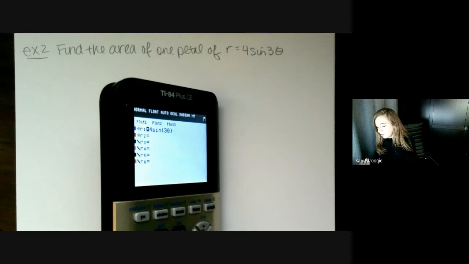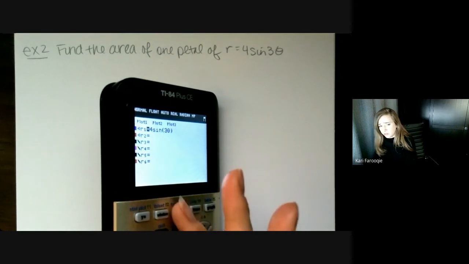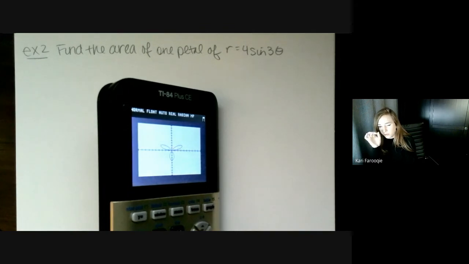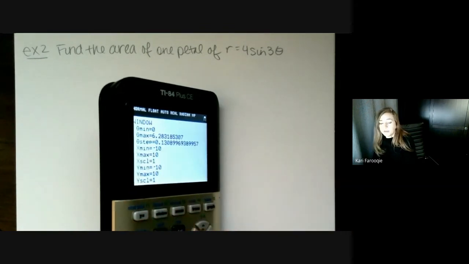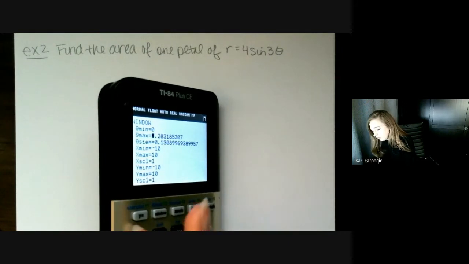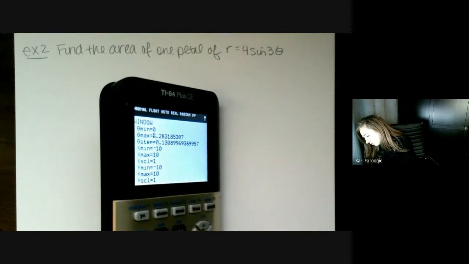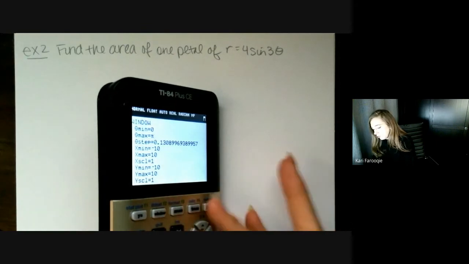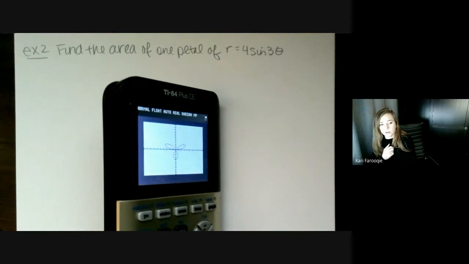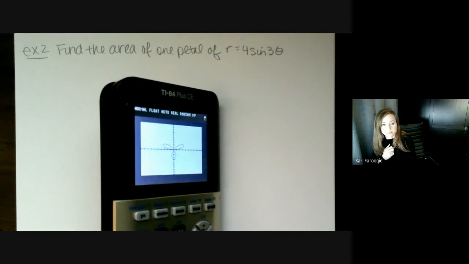Mine right now is zoomed. No, maybe I'm zoom regular, but I'm going to zoom standard just to see. Oh, and look at that. It graphs it twice. You can tell that because of the little loopy guy that I selected. The rose curves only need to go from 0 to pi, so it doesn't really matter. I mostly just want you to see the graph. But like I said, I think it's good to kind of see how this works. If you go from 0 to pi, you'll see that it only graphs it once, but you'll get the whole figure.